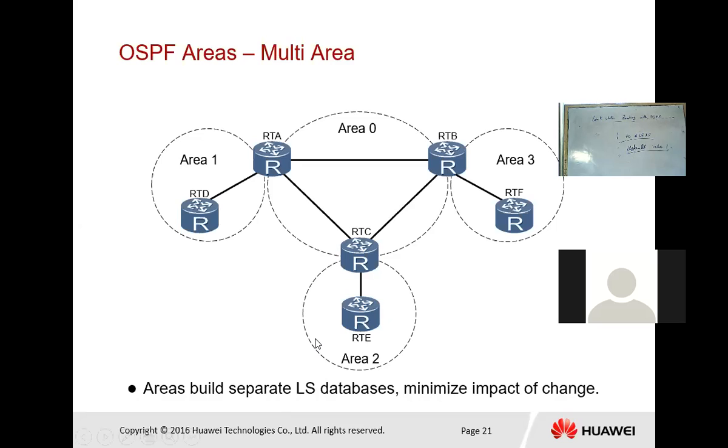The implementation of multiple areas allows an OSPF domain to be scalable, and the calculation process based upon the link state database is only identical within each area, but provides the information to reach all destinations within the OSPF domain. Certain routers are known as the area border routers, that is ABR.